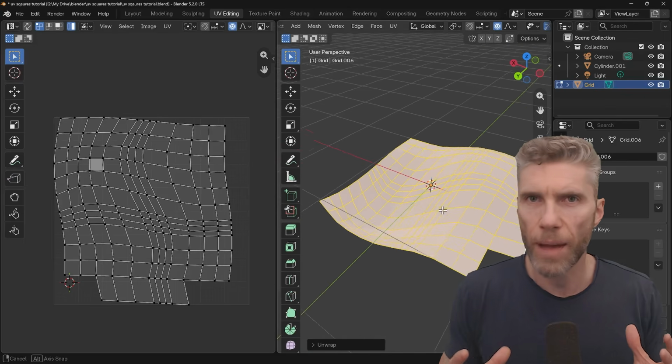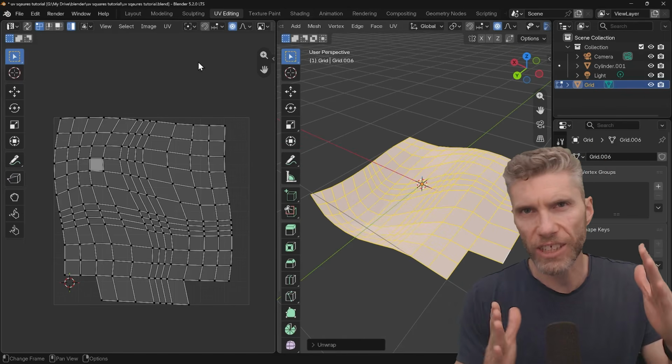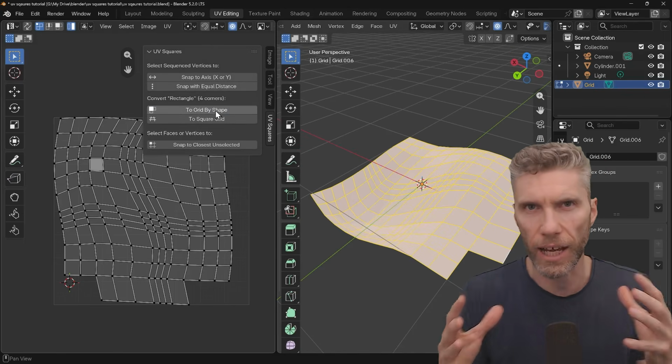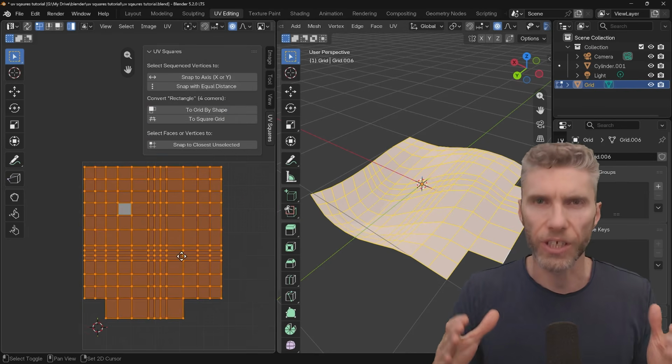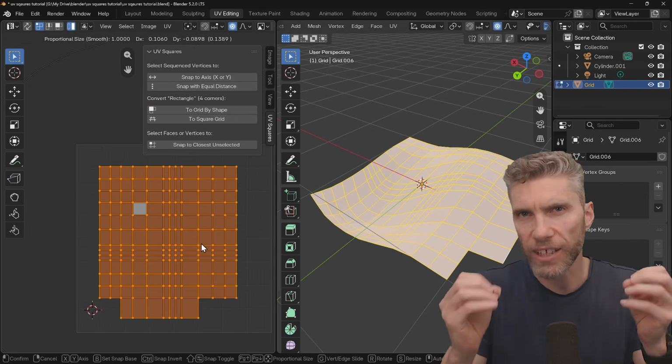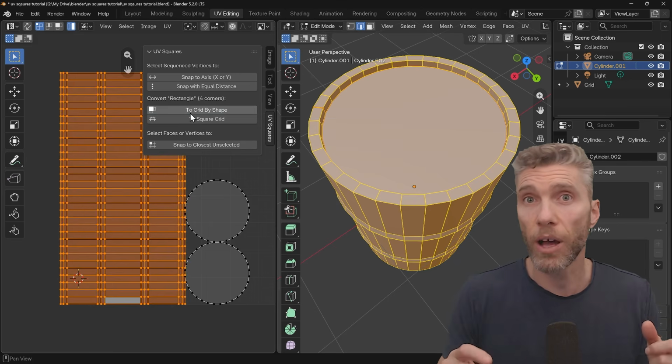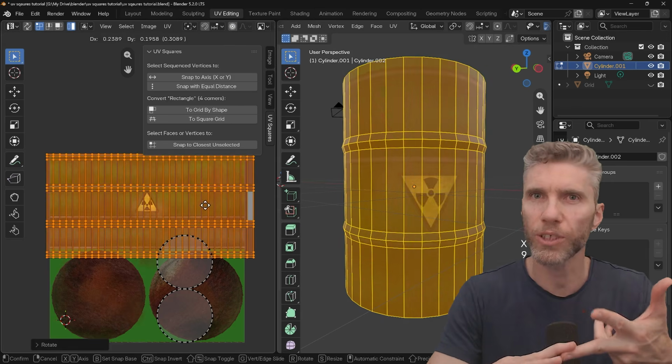Often when we unwrap objects, we get UVs that are really skewed and off kilter. Well, this is a really useful add-on you can use to align those nice and quickly and easily. And in this video, I'll show you where to get the add-on from, how to install it, and how to